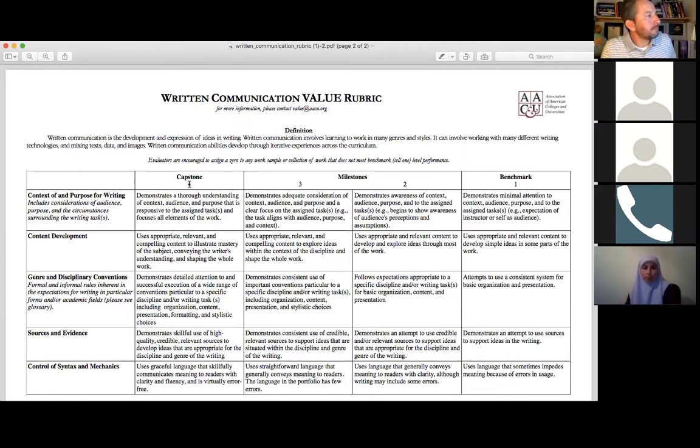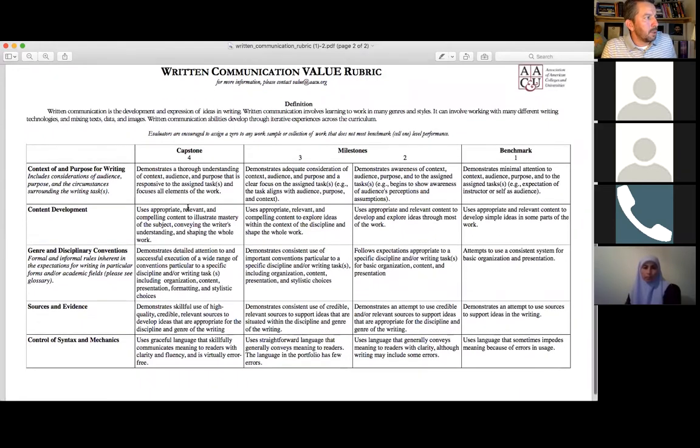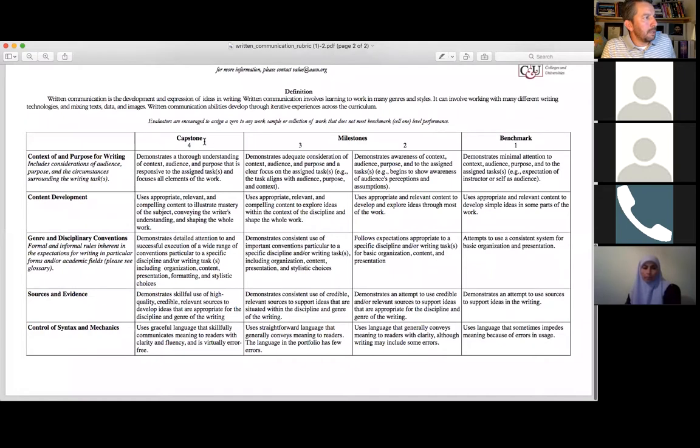It's also a rubric that is used beyond Humboldt State. It's been adopted by the Association of American Colleges and Universities. So this is something that is standardized throughout the United States universities and college systems. So if you can meet a number 4 over here, this should be kind of what you're striving for when you're writing your documents.